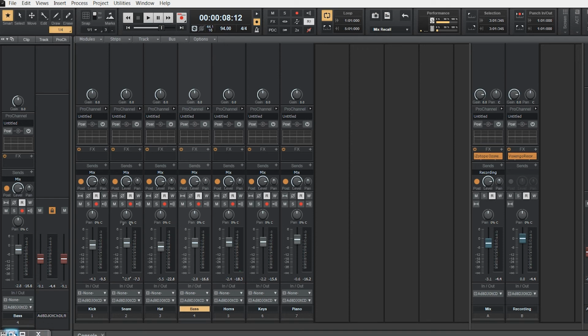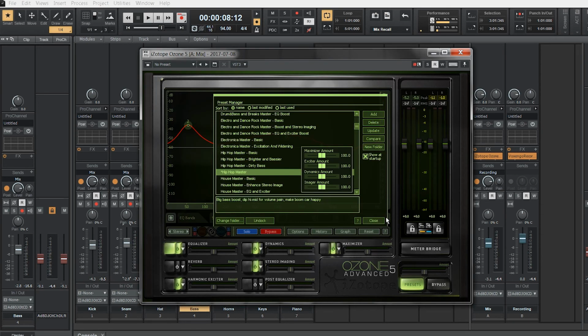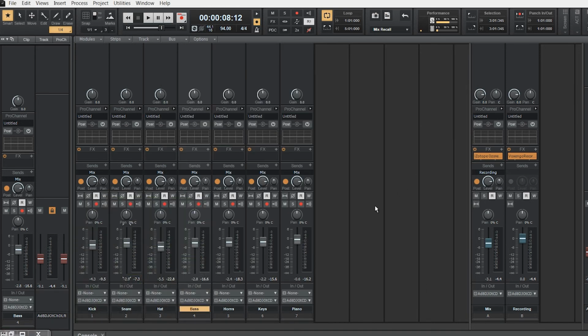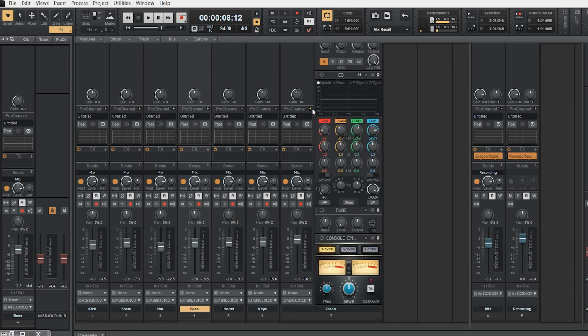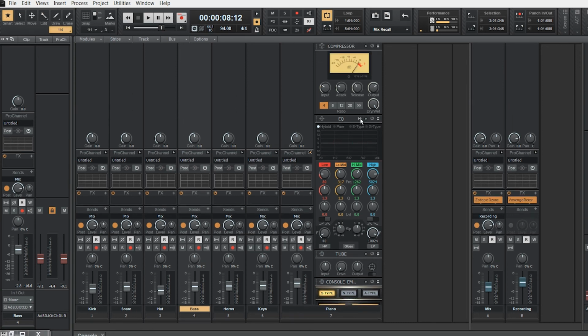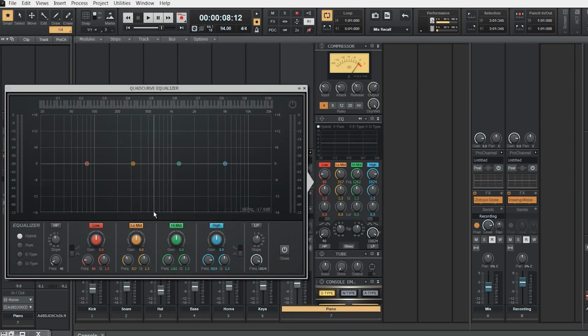Sounds good to me. All right, and you may not have this plugin. If you can get it, but if you don't have it, that's fine. Then it's even more important to make sure that your levels are correct and make sure that your final output is good. And then what I do is, when I finally have the mix like this and I like it, it sounds good, then I'll go and add some EQ or whatever I need to do to it. So for example, here in Sonar, I've got this Pro channel. You've got compressors and EQs and all that. So I really like the EQ they have here.